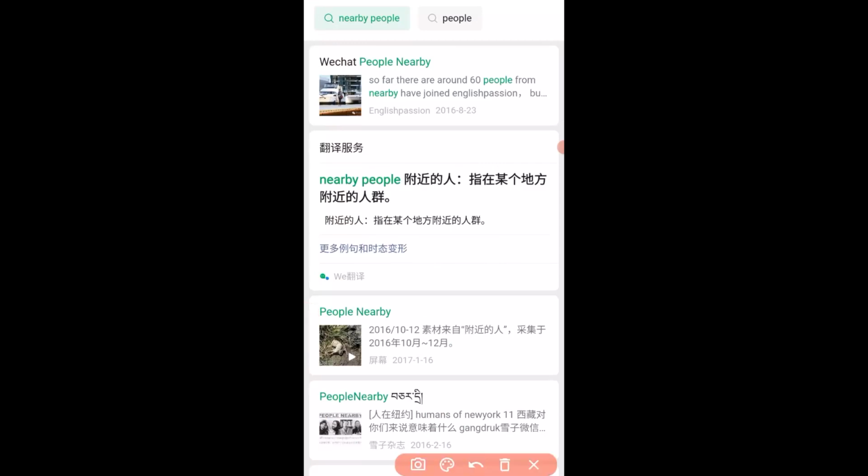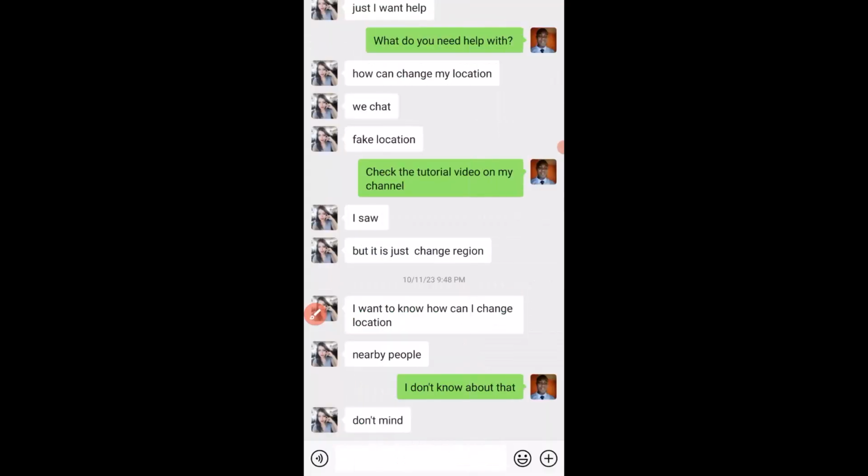This also allows me to use the camera icon right here to image search. So these are some of the tricks that you can use about chatting on WeChat. Let's take a look at the three dots at the top right here and see what we can do when we are trying to